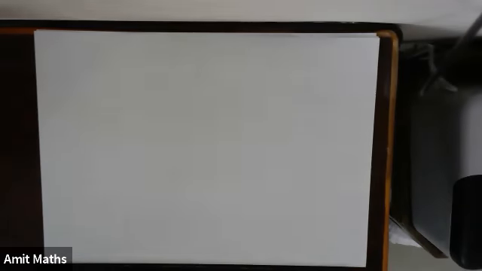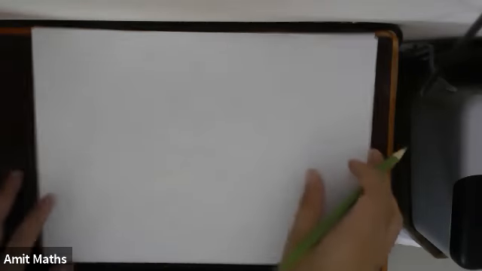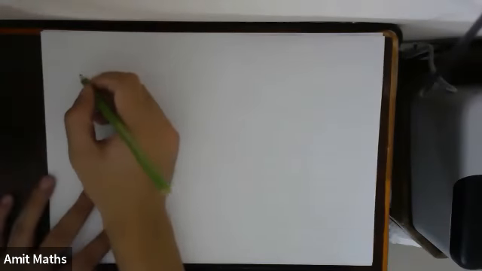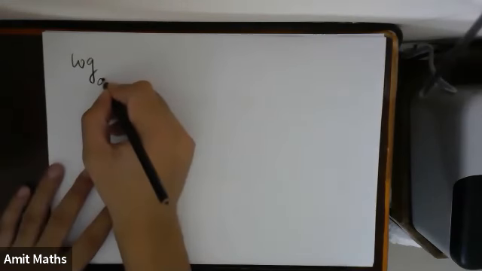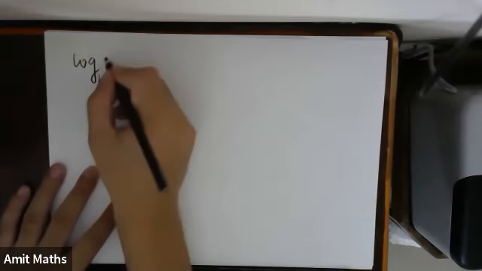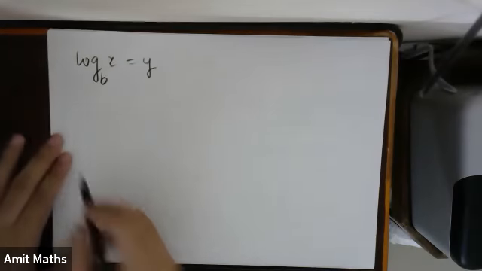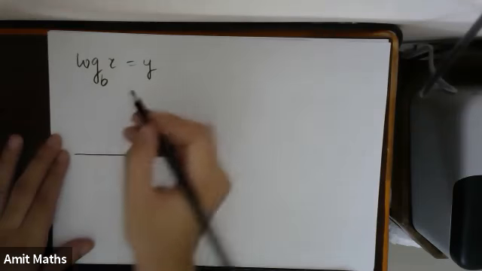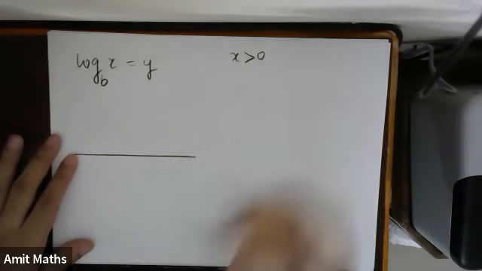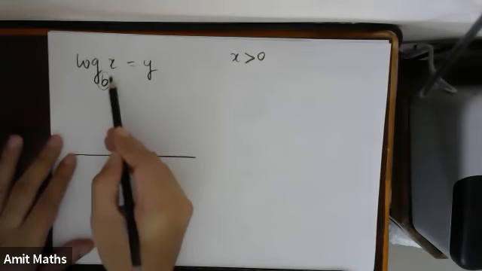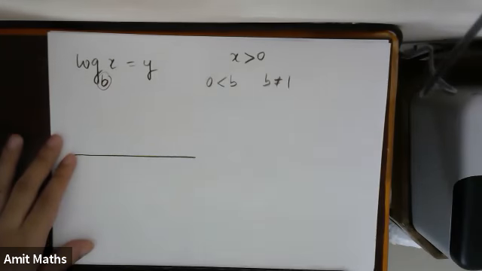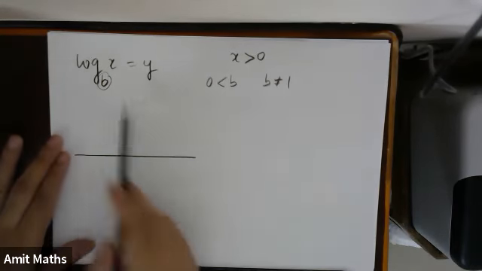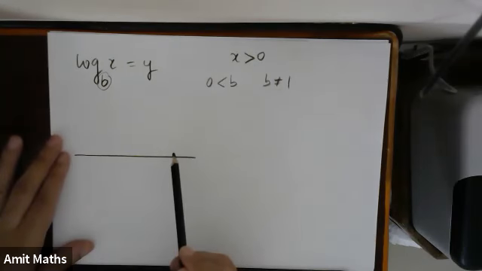Okay, so I'll discuss the weak base and strong base. In the first class, what I discussed is, suppose you have logarithmic functions. Suppose you have the function log base b of x equals y. We have already seen the condition on x: x is greater than 0. And there is also a condition on the base. The base should be greater than 0 and the base should not be equal to 1.